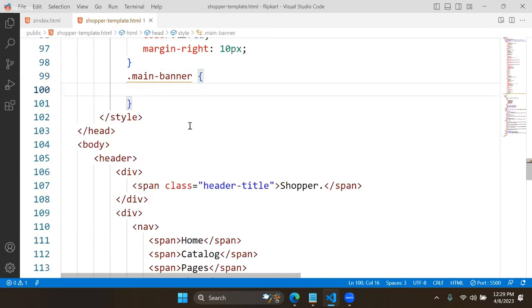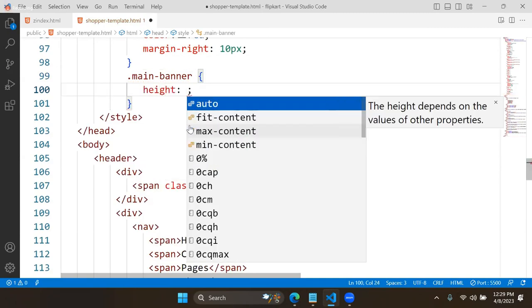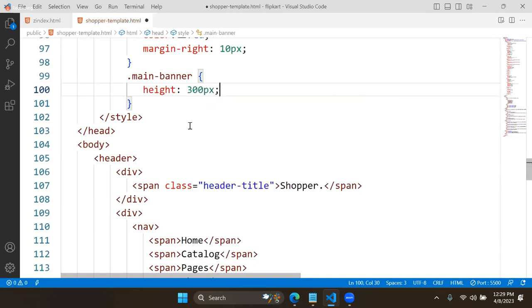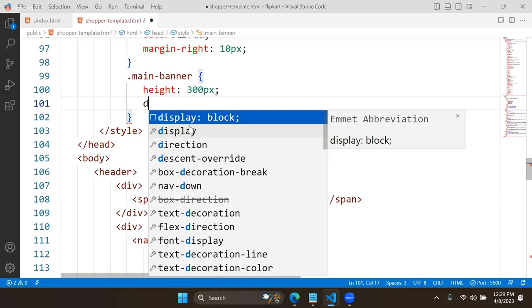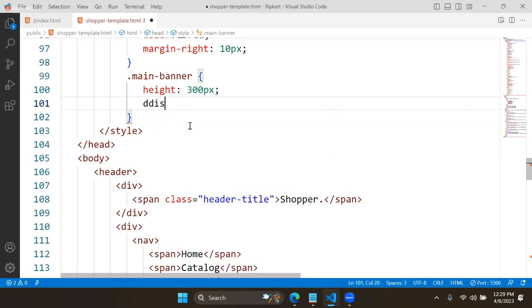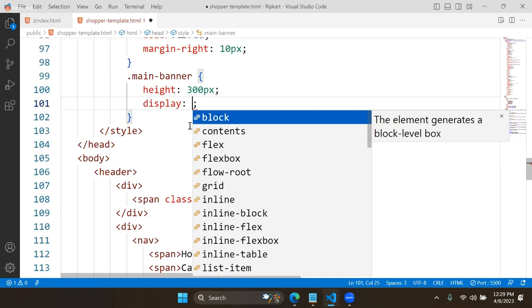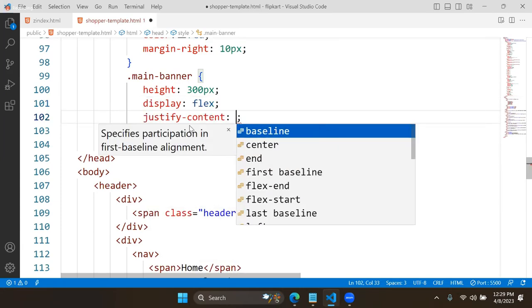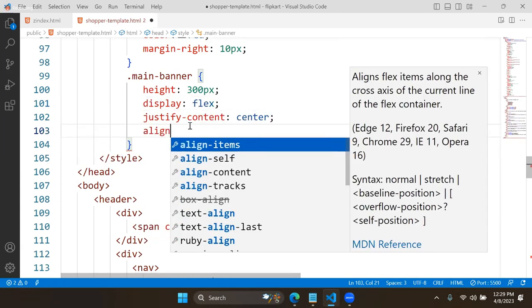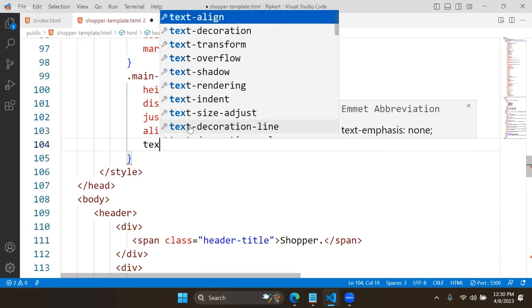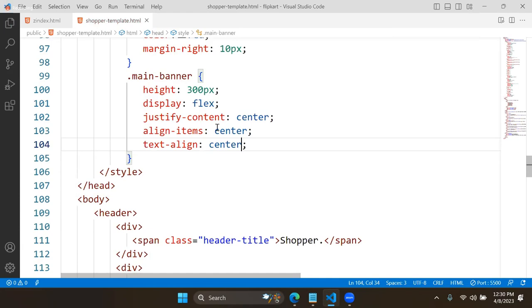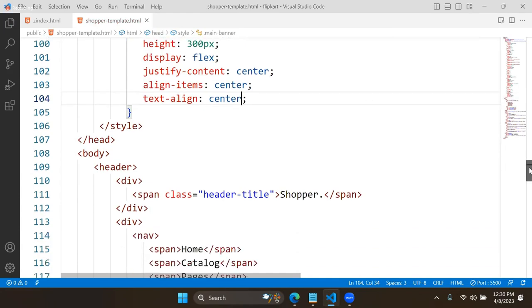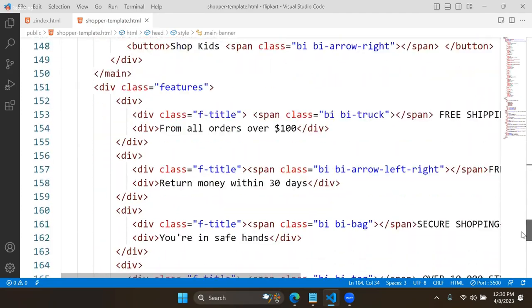In the main banner, height, I will give as 300 pixel. And display as what? Display as flex. Justify content center. Align items as center. Text align also center. One more thing, for this main banner,